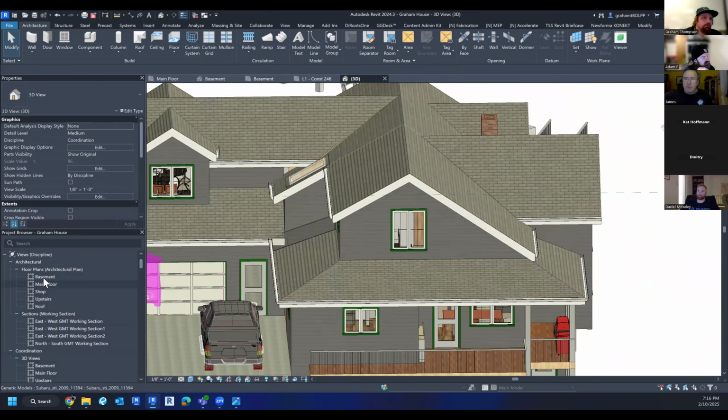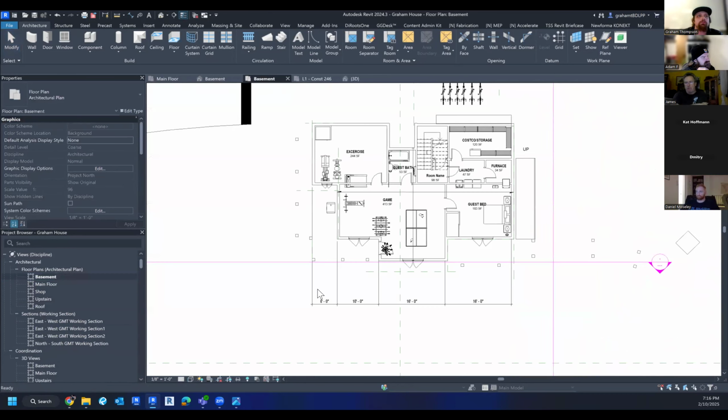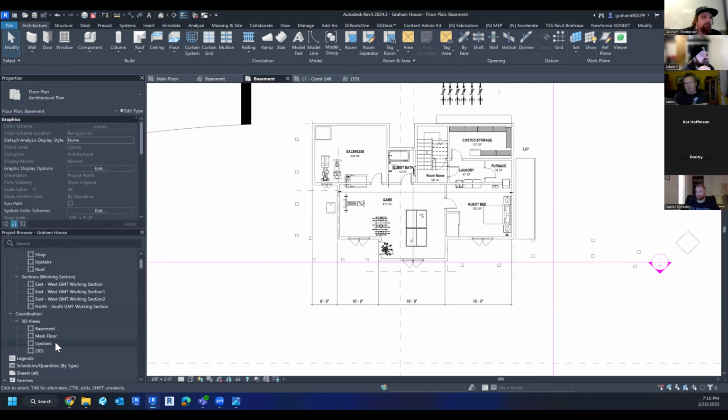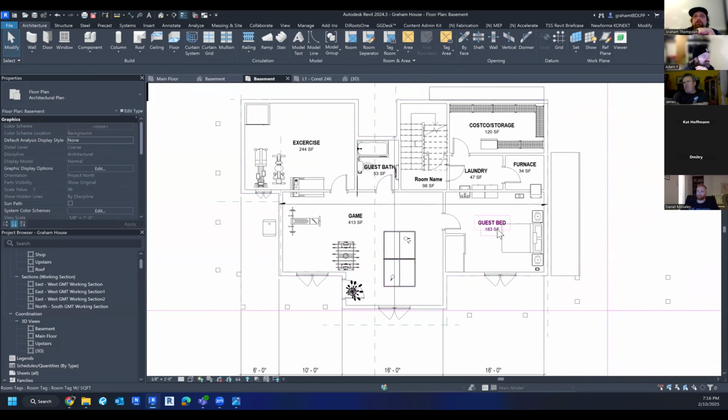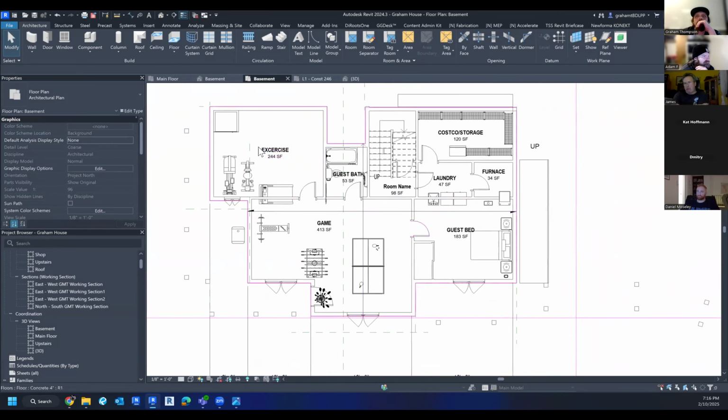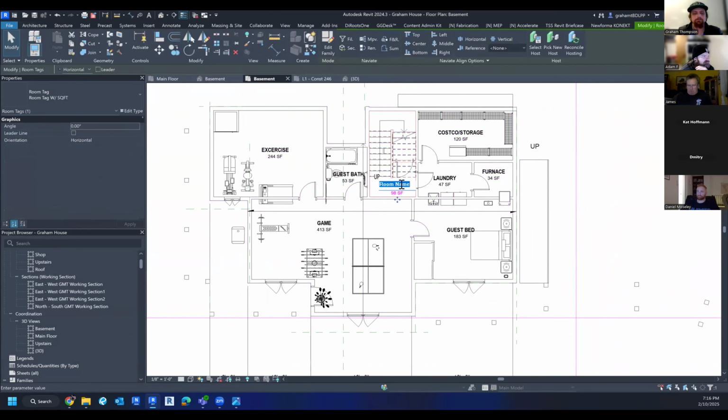And let me just break this down. So let's go to a 3D view. I'll start downstairs. So that's the floor plan. So here's a basic floor plan of it. Again, I put some rooms in here so you can kind of see what's going on. Exercise room, Costco storage area. This is